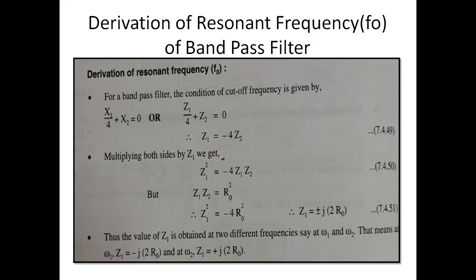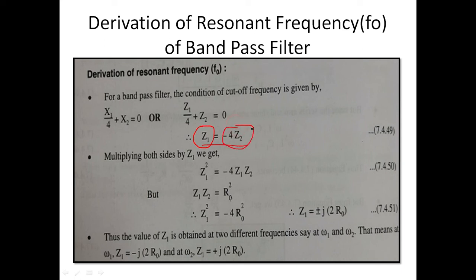Then derivation of the resonant frequency of the band pass filter. What is the derivation of the resonant frequency f0? For the band pass filter, the condition of the cutoff frequency is given by X1/4 plus X2 equal to 0, and Z1/4 plus Z2 equal to 0. Then we get Z1 equal to −4 Z2. Then multiplying both sides by Z1,